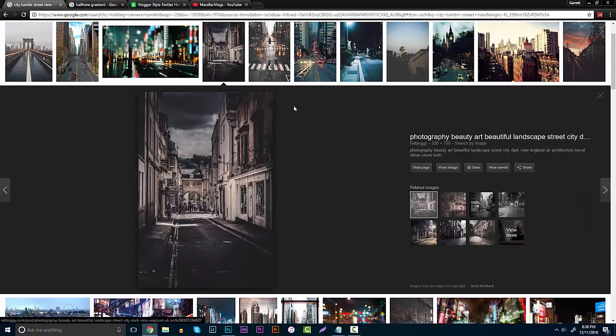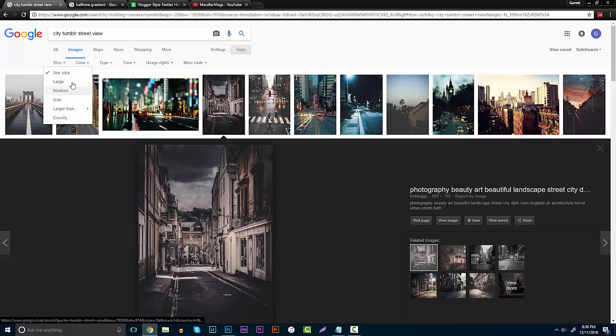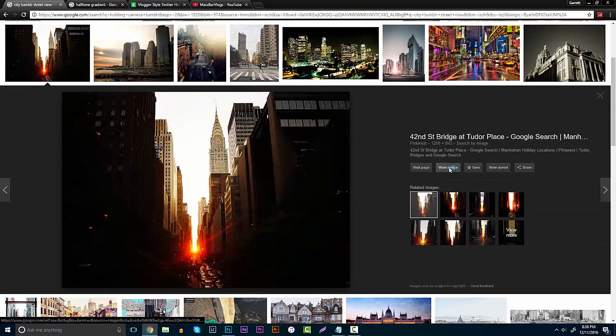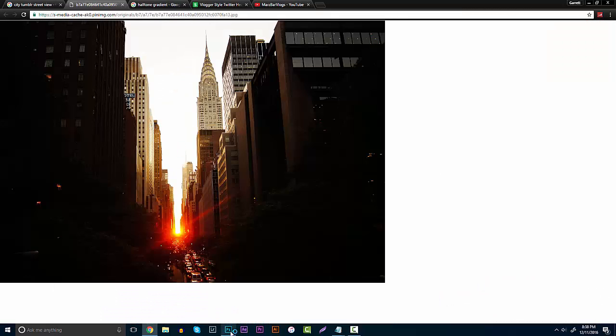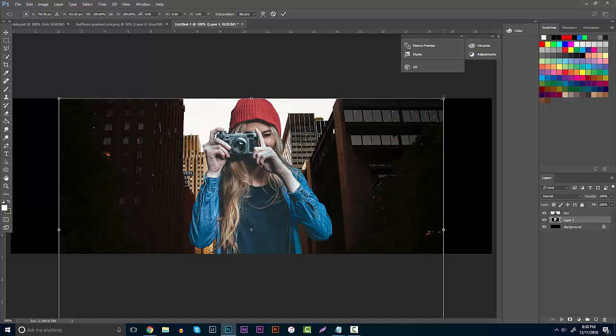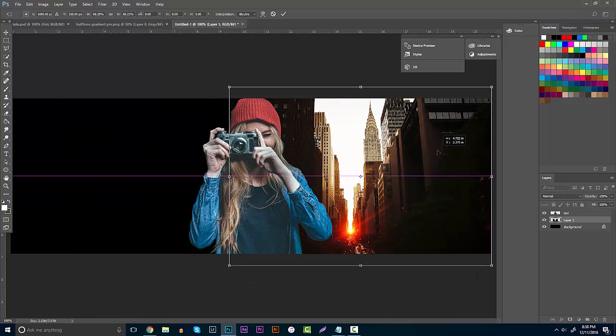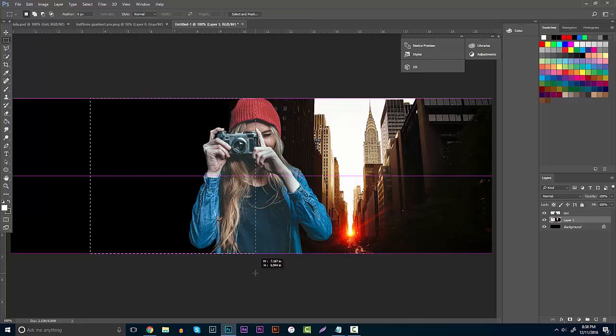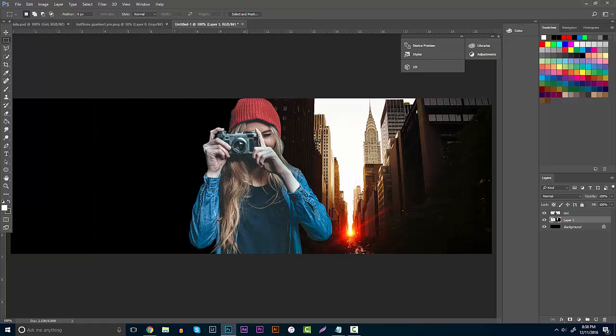So let's just say you're going to keep going through these. If you go to size and just go to large, I didn't even think about this, you're going to get a very large scale of images. So we can take something like this, which is going to be pretty cool because we have this light source. Just paste it in and bring it over to the right side or left side. It doesn't really matter. And then take your polygon tool